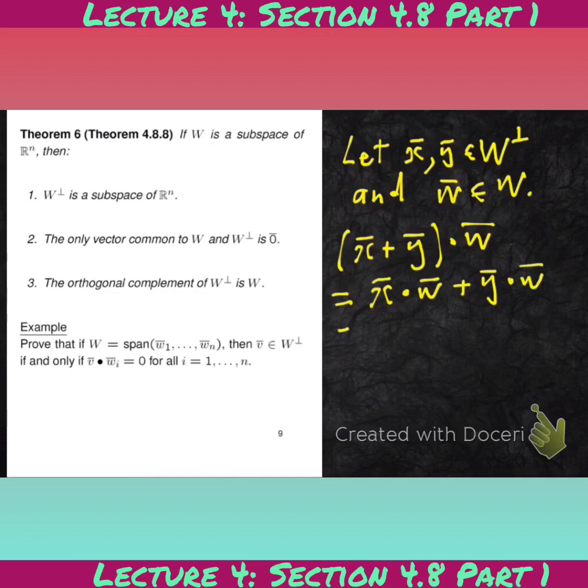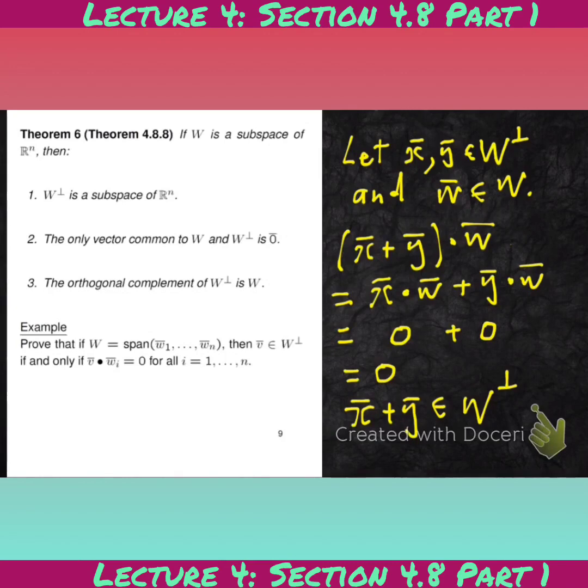And we know that both these two vectors are in the orthogonal complement of W. So they both are orthogonal to every vector in capital W. So we have that x is orthogonal to W and y is orthogonal to W. So therefore we get that it is 0. So it is definitely true that the sum of these two vectors is going to be in the orthogonal complement